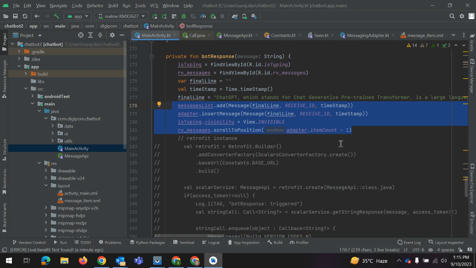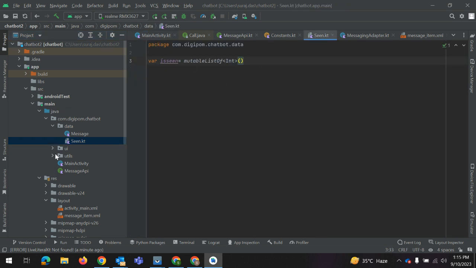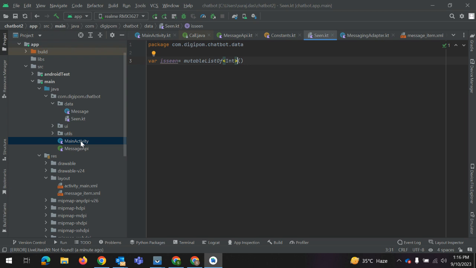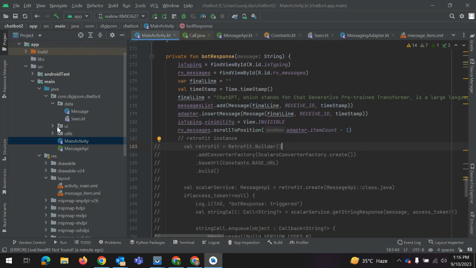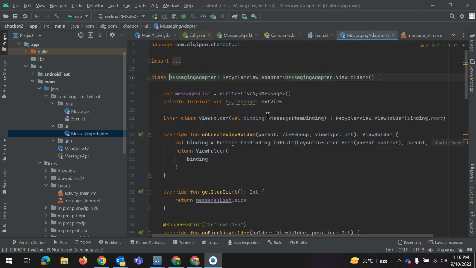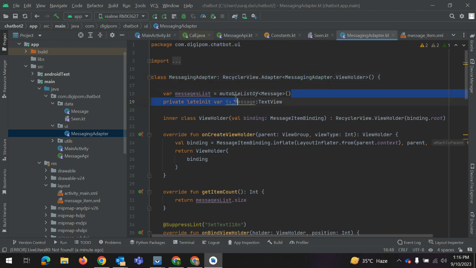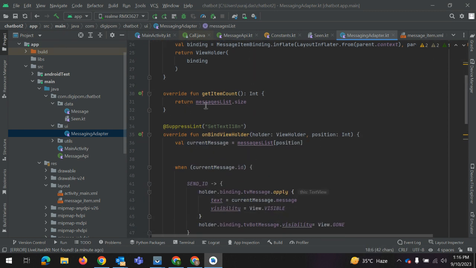One thing I have faced an issue with is isSent. I have just created one file with some flag like isSent. So what I'm doing here is, if I go to the message adapter, yes, in the message adapter, what I'm doing is